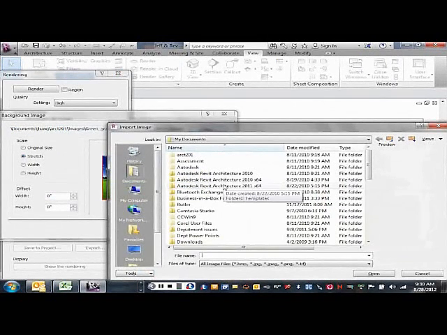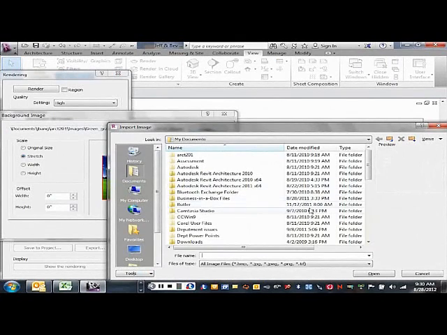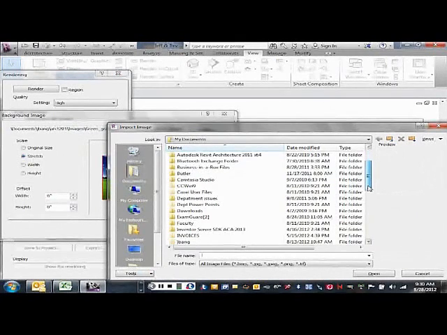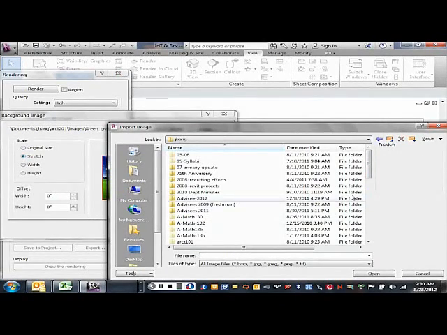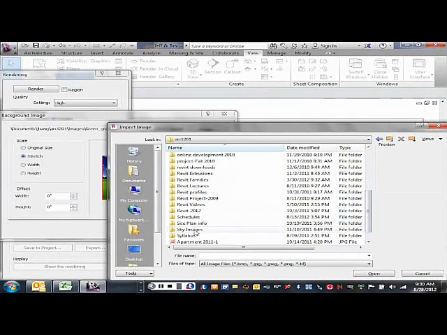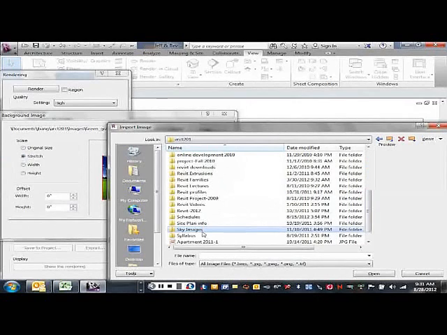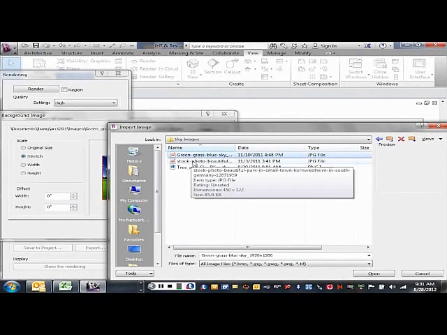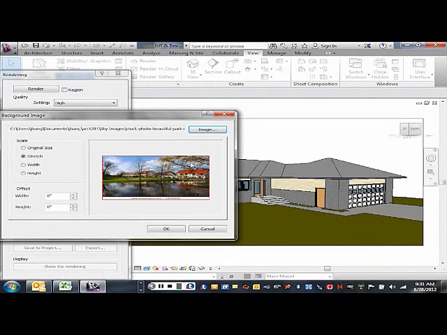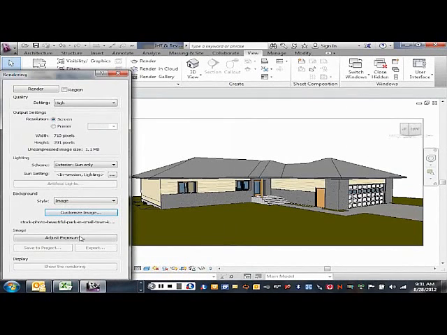In my case, I loaded some images from the internet. Okay, so here's an image that actually has buildings and everything in the background. So let's just say I'm going to use that image. I'll say okay, and